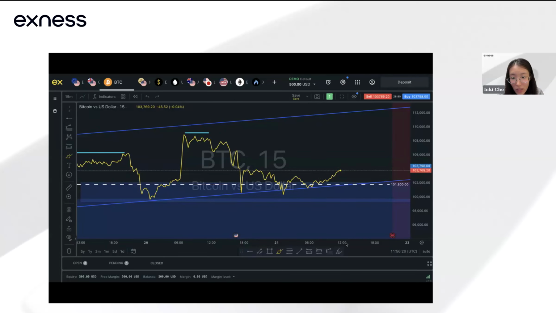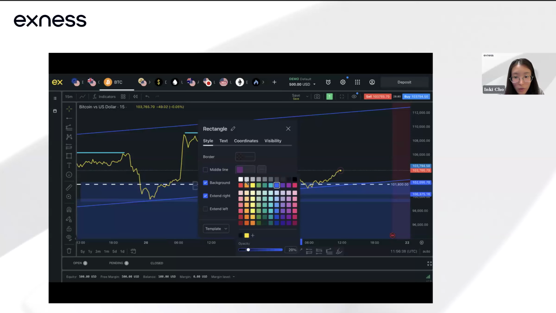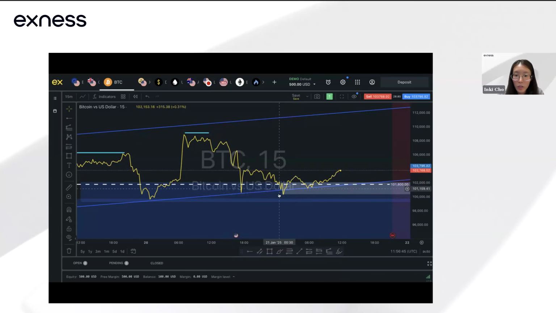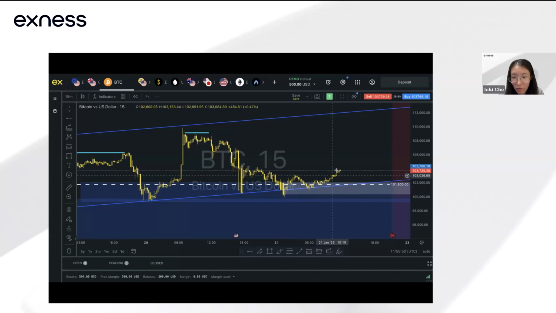And then what happened after is that price actually broke and closed above the last high. You can see here, price swept below the last low, and we saw a break and close above the high. It pushed back into this area again as a demand. You can see this area over here. I'll put this in a different color so that we can see this. Let me just put this in green, for example, or white. Maybe white would be better. There we go. So you can see this area where price broke and closed above the structure. What happened eventually is that price then came down to it, retested it as a support and rallied higher.